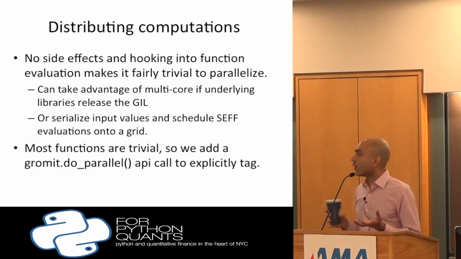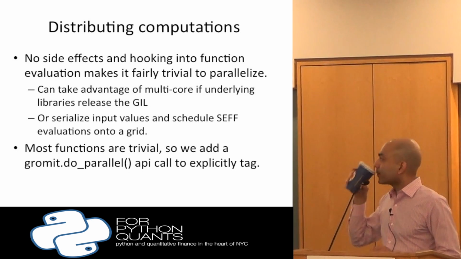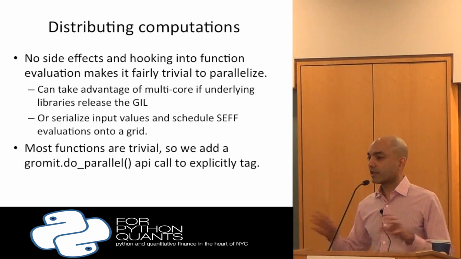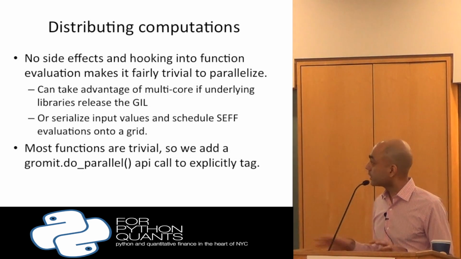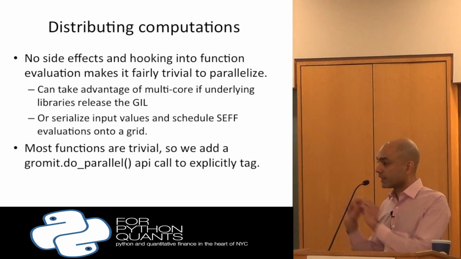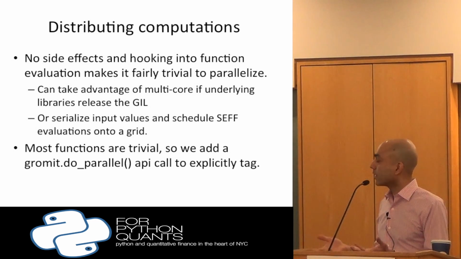So the reason we do all this is because we want to distribute computations. If we really obsess about things being side effect free, it's very easy to parallelize. You can simply take your binding set and your base state, send it off to somewhere else, recompute the value, and get it back, and it's going to be the same value that you had computed, if you followed all the rules, of course.